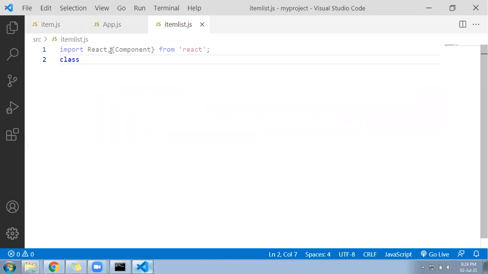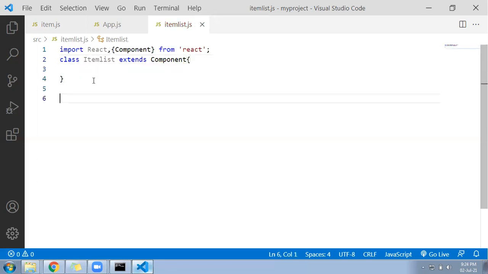The class name I'll give is ItemList. ItemList is my class name. Now it has to extend the same Component class. Coming down, first let me export it because we are going to import this: export default ItemList.